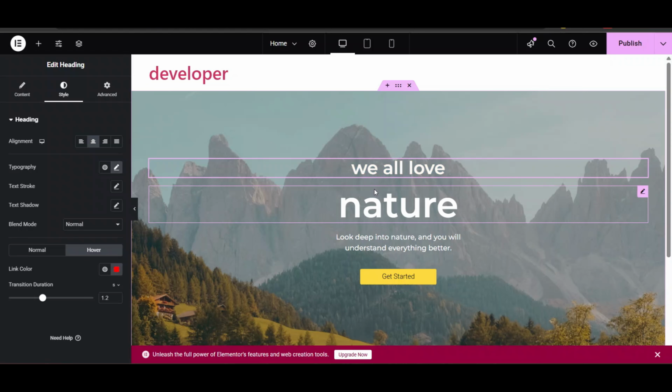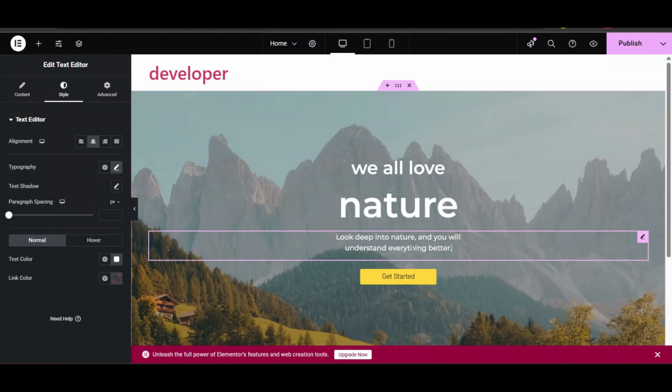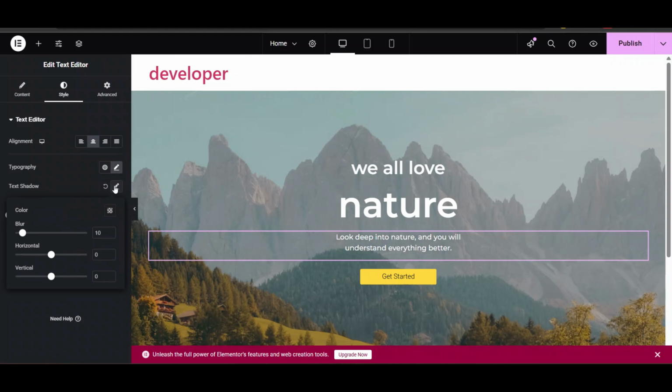I can show you how you can do it. You need to go into each section one by one, see what they do and how you will do it. You need to see all the styling. There are multiple styling options that you can use as per your need. You can't see everything here. Like you can change text alignment from here. You can add typography, text shadow, and more. So there are multiple things that you need to go through. Just go through every styling feature one by one. Then you will get to know Elementor in more detail, like how you can style everything in Elementor.